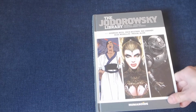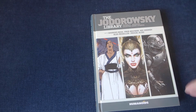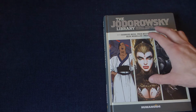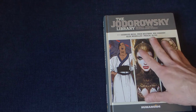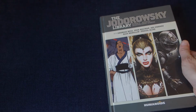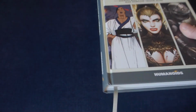And one more before we close. Jodorowsky, or is it Jodorowsky? I don't know how to pronounce these names, but for me it's always been Jodorowsky. I have quite a lot of comics already from this writer, but I had none of the stories included in this book, so it was a very convenient way to get all of them when I saw that this type of book was available. It's quite thick, it has the ribbon, hardcover,